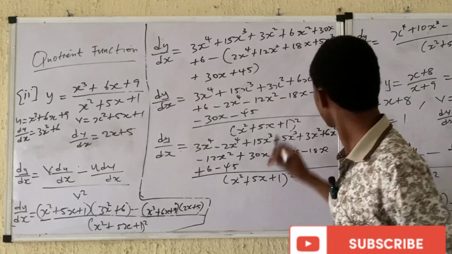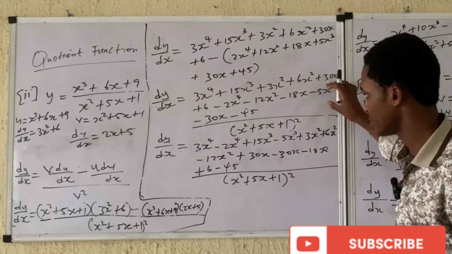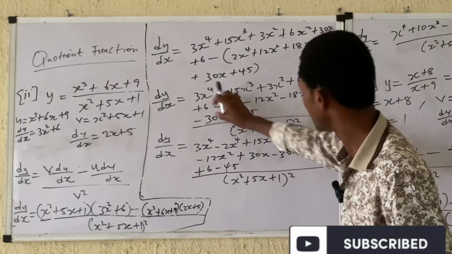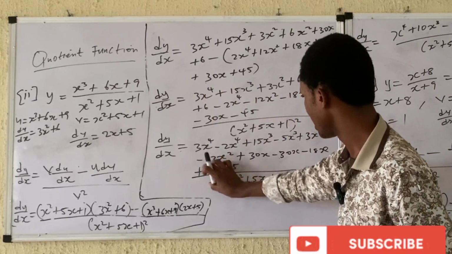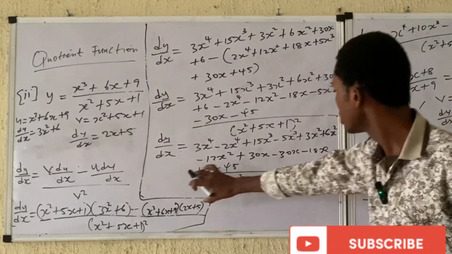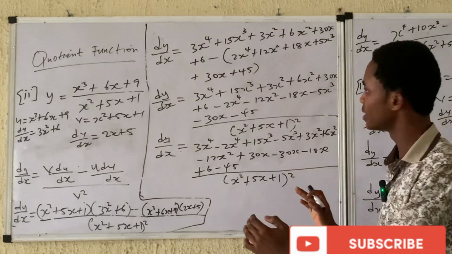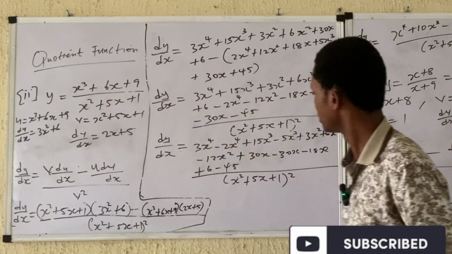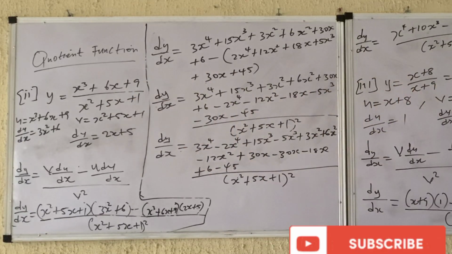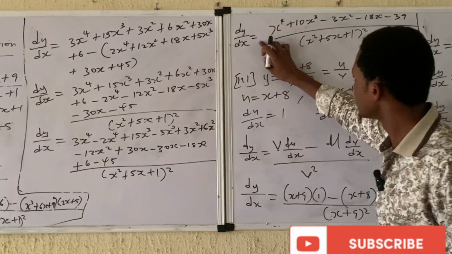Okay. Moving to the one without x, we have 6. This is this one, positive 6, right? And negative 45 all over v squared, which is this one. So this one now raised to the power of 2 is the one at the denominator. Now the result equals